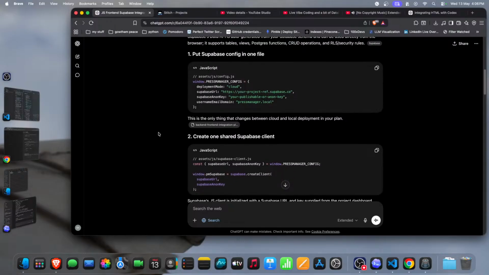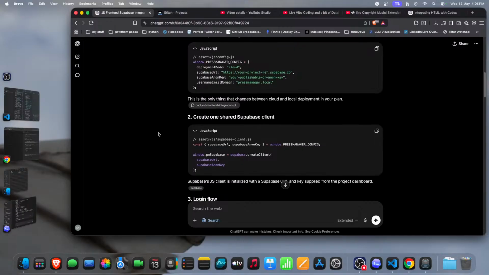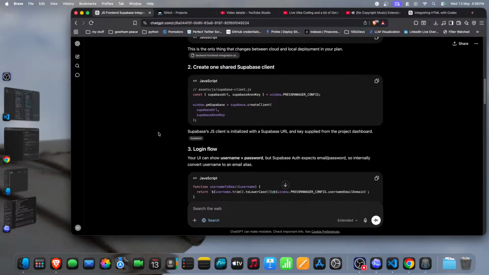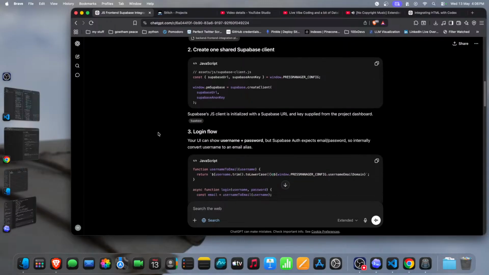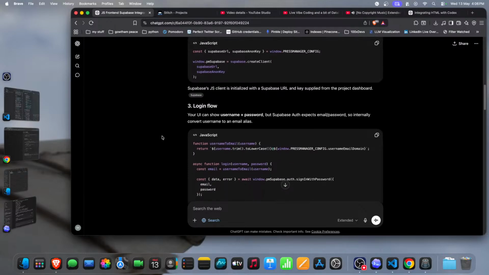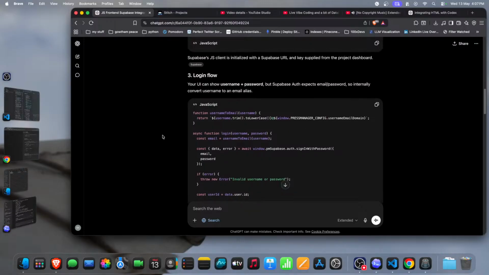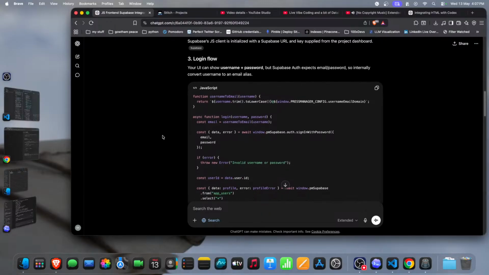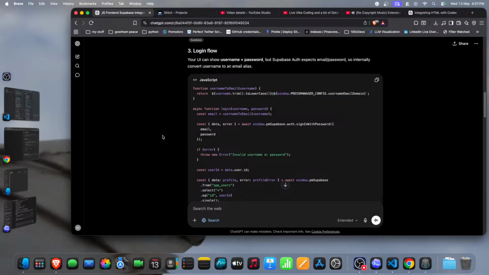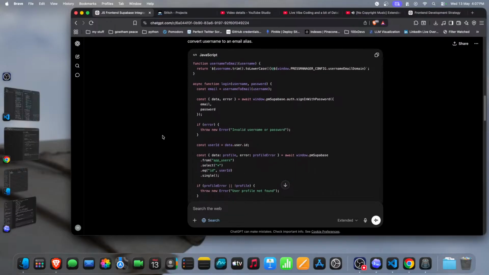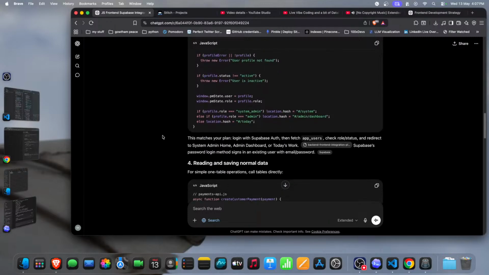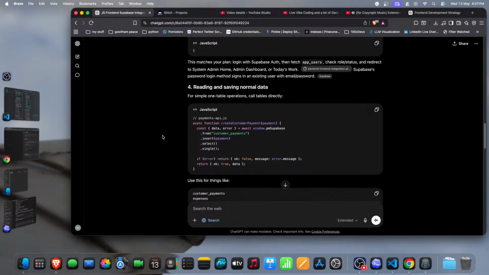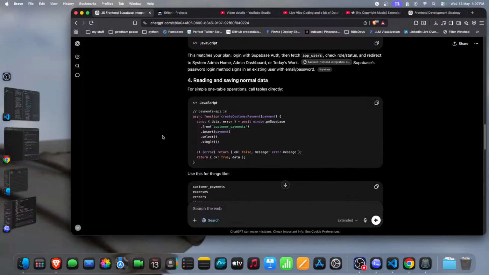Anon key, username, email domain. Your UI can show username and password plus Supabase auth. It expects email and password, so internally convert the username to an email alias. Okay, fine. But again,